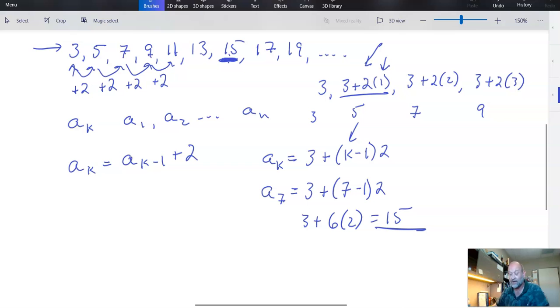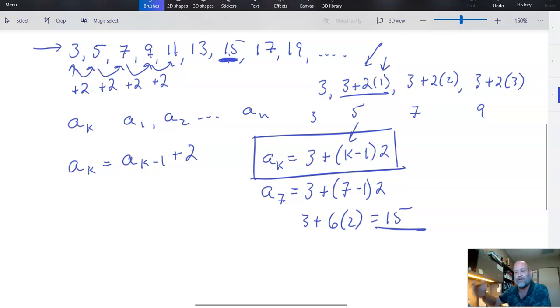And it matches, right? So I can actually use this formula to find any term of the sequence that I want. So it's really a more powerful formula because I don't have to know the previous term to find the next term. All I need is the first term and to know what the common difference is. And so that actually gives us a formula